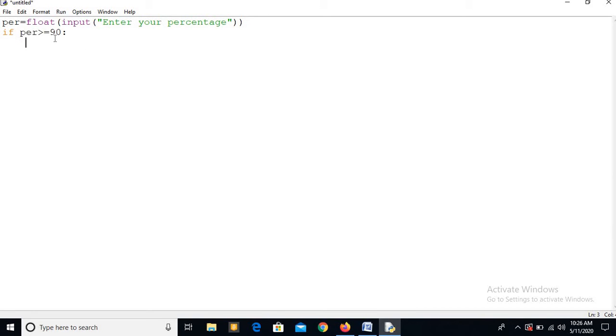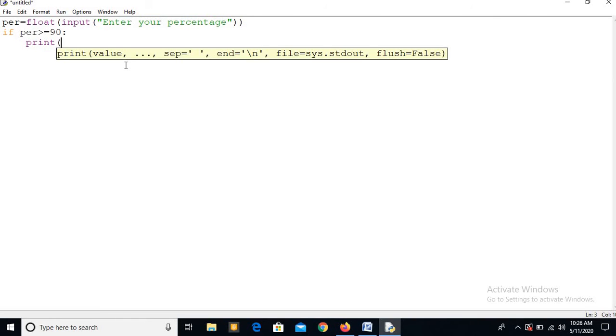Wherever the cursor comes after the colon sign, you have to start writing there. You will not put the cursor elsewhere because it is in the block. Meaning this is its block, so for the block it automatically places the cursor at that place, so you need not change the cursor, whatever the location it is. Then I am writing here print grade A.